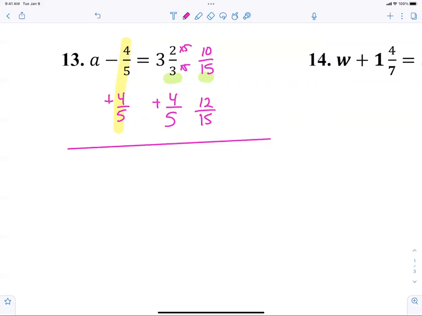Oh, thank you for catching that for me. I should just go ahead and put that over here, right? There you go. You good now, right? Okay. And now we already said we're adding. All right. So now 10 plus 12 is